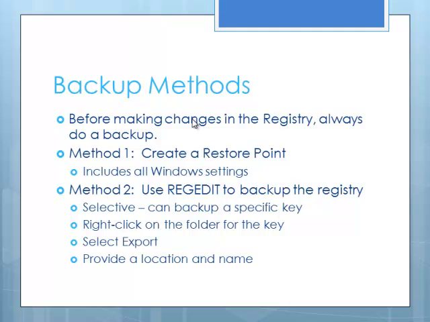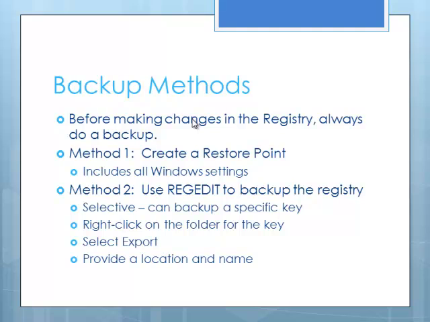The first one is to use a restore point, or create a restore point. And you learned about that in Lesson 3 when we discussed backup and restore. So that's one way, and that would include all of the Windows settings. Another method is to use the Regedit to actually back up the registry. And you can do that on just selective hives, where you can select a specific key. You can right-click on a specific folder, select Export, give it a file name, and that will save the previous